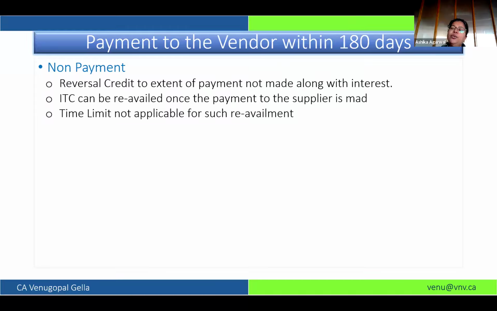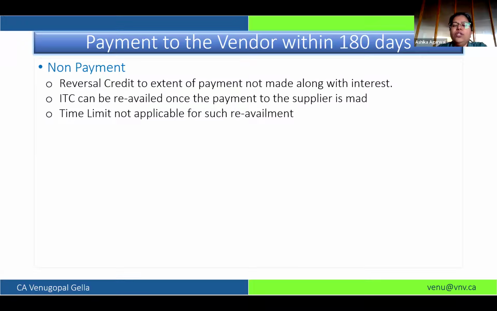What happens if I don't make the payment? The law says if I don't pay within 180 days, then I am required to reverse the ITC to the extent of payment not made. It is important to understand I'm required to reverse only to the extent of payment not made. Suppose I have one invoice with 18,000 ITC on 1,00,000. If I have not made any payment to my supplier within 180 days, I will reverse the whole 18,000 ITC.